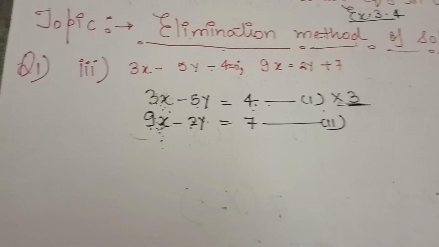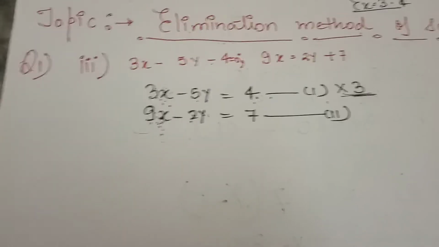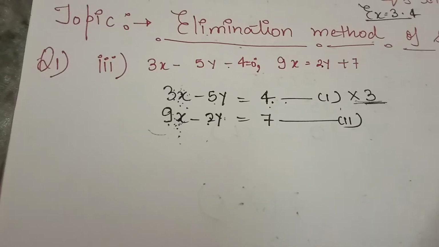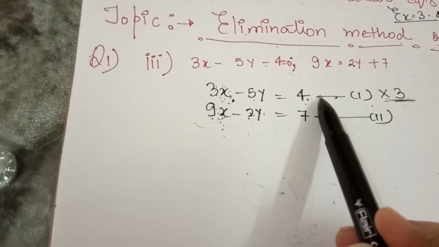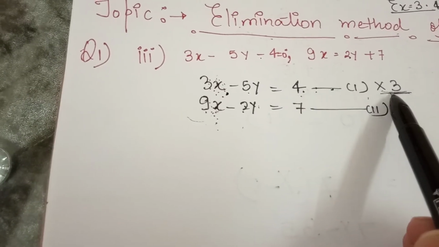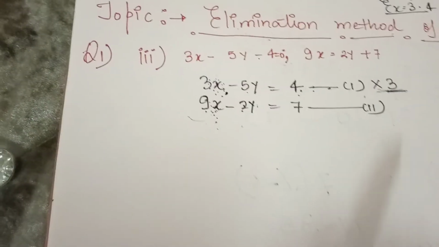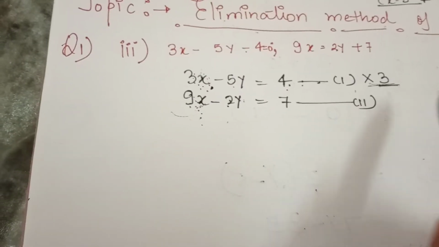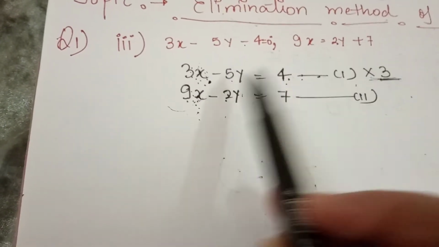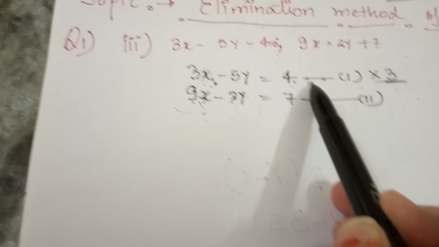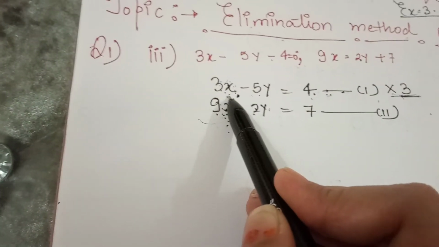That's it. Like you have studied equivalent fractions, we multiply numerator and denominator both the same. In the equations, if we are multiplying any number on both the sides of the equation, then it means we are not doing any change, we are just making the equivalent equation. Fine, clear hai? So it means we can multiply or divide by any number in the equation, but the rule is that we have to multiply both the sides. Fine. So I am multiplying by 3 in equation 1.